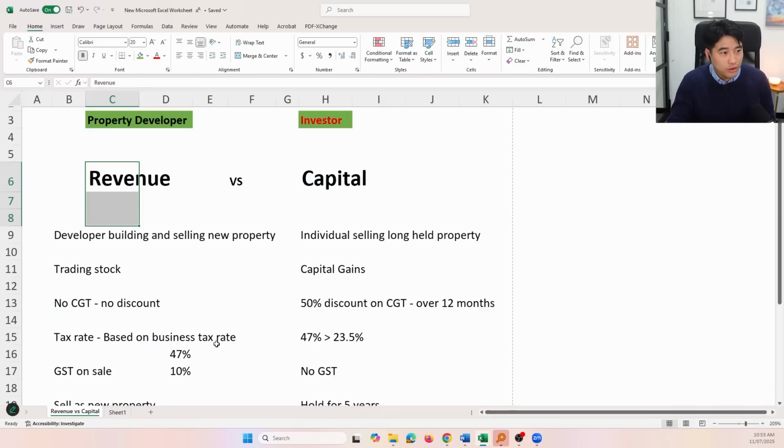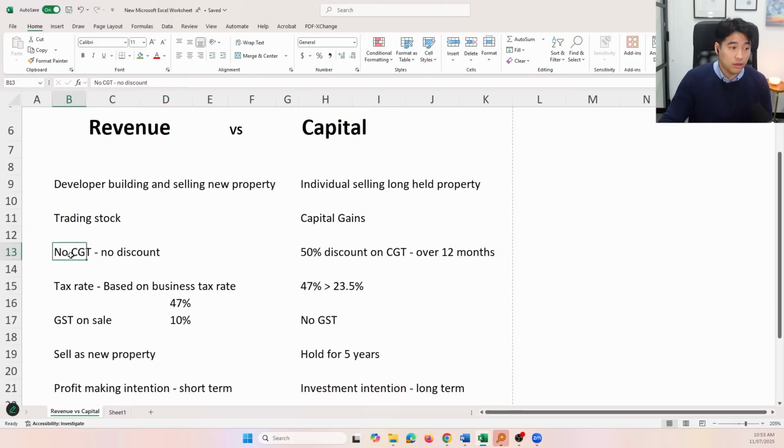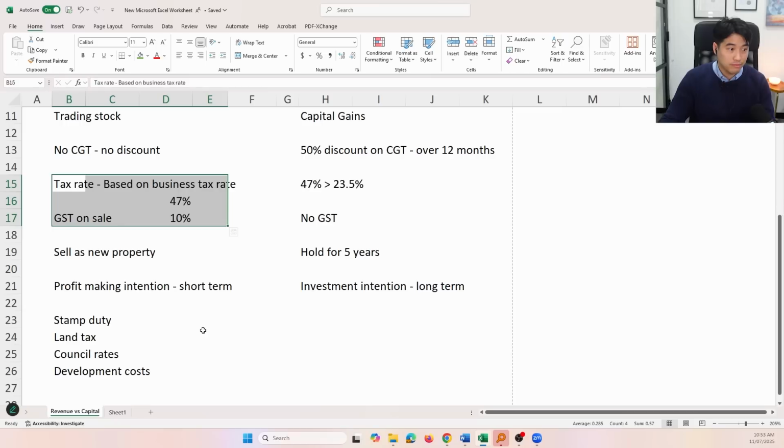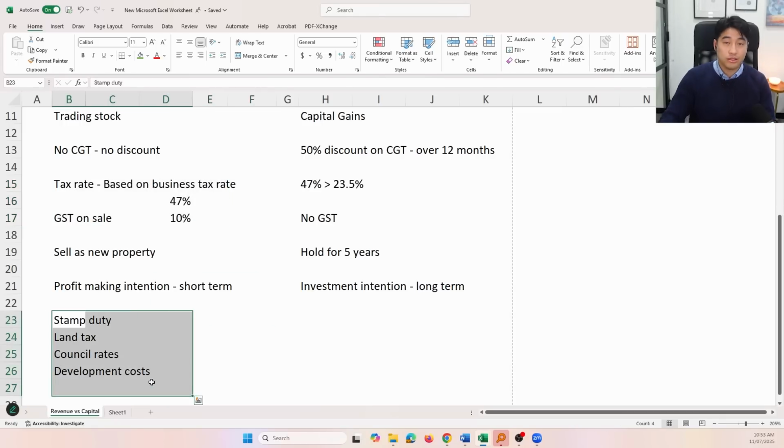So if you do up your home, you knock it down and rebuild, and then you build a very nice house for yourself that's suited for you, and you live in it for 3 months, 6 months, or 12 months, or forever, and then you decide to sell it, the ATO can't really say that you're a developer as well. So therefore, a lot of these taxes don't apply to your situation as well. But you got to prove it.